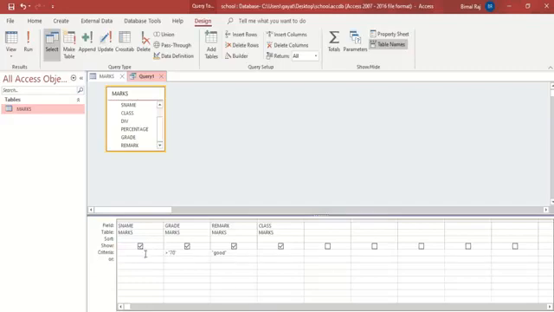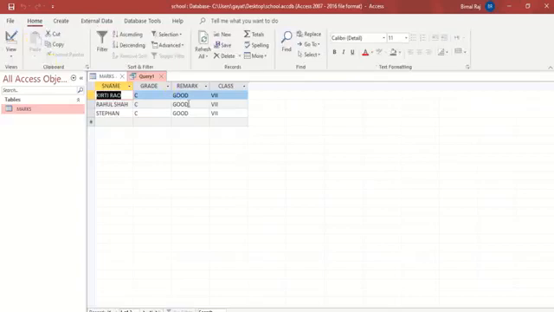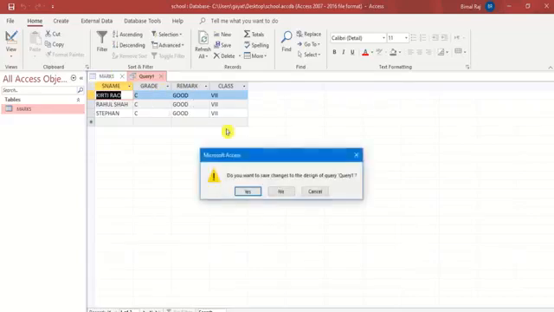So these are the two criteria which I have placed, and I will run the query. So here the remark is good and here it is C grade. So this way I have given multiple conditions, that is for the grade as well as for the marks. I'm closing this. I am not saving the query. If I want, I can simply click on yes and give a name to this query.